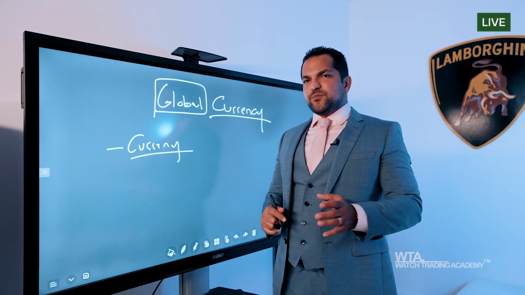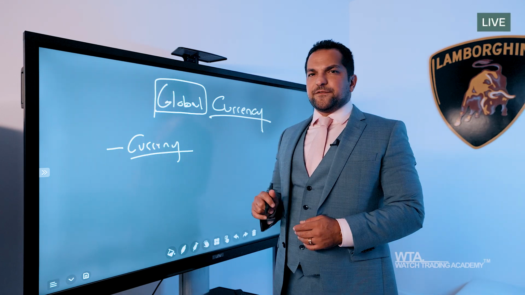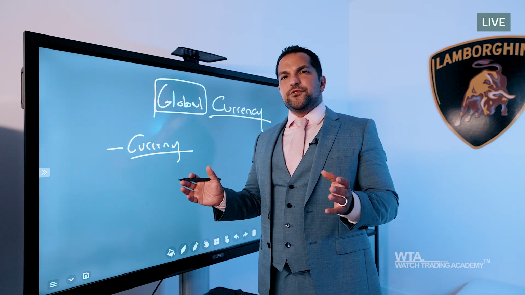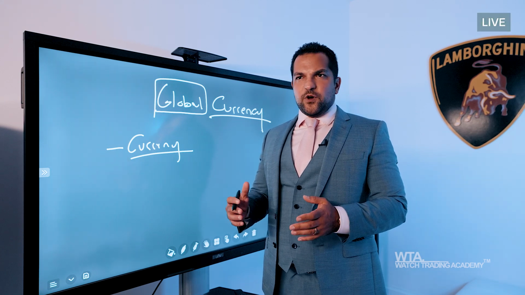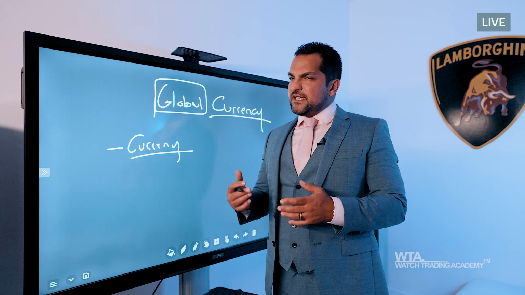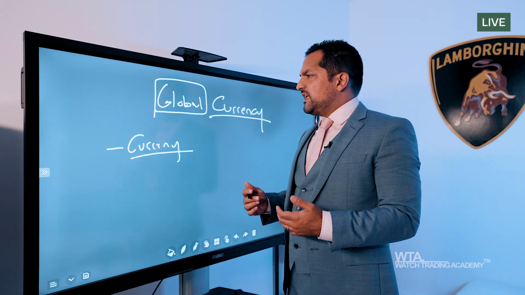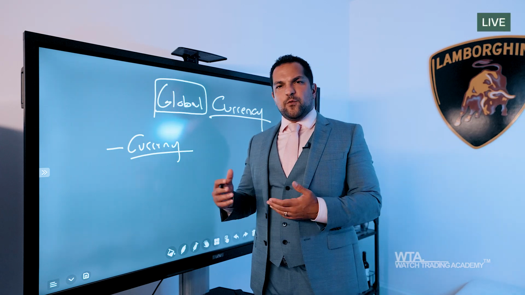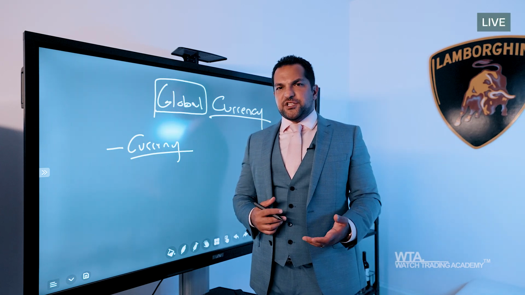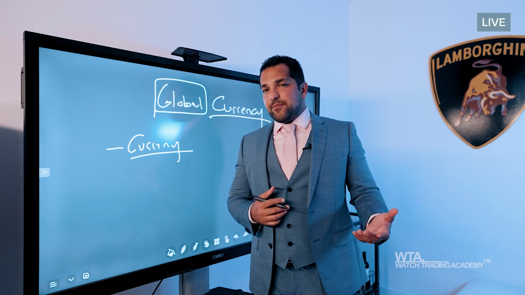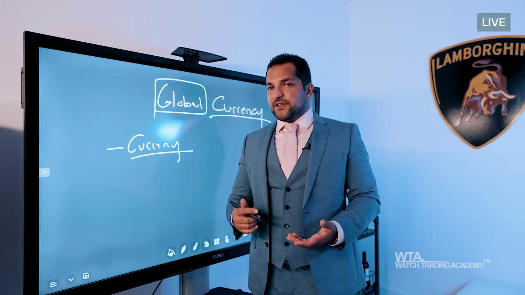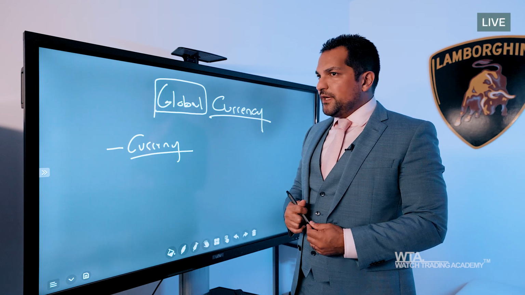Well, we've already covered this in a previous video, looking at the real big difference between reseller and end user segments, meaning whichever watches ended up in an end user's hand is most likely doing really well. A watch that ended up in a reseller's hand ended up doing really bad because they couldn't afford to keep it. And with the wipe of Bitcoin and some of these changes in the economics over the last 6 months, people have gotten hurt. People have lost quite a bit of money on these things.